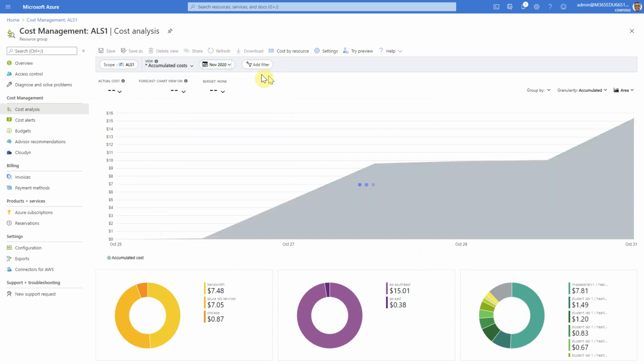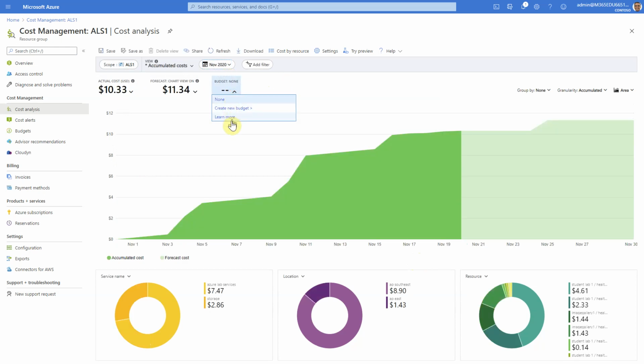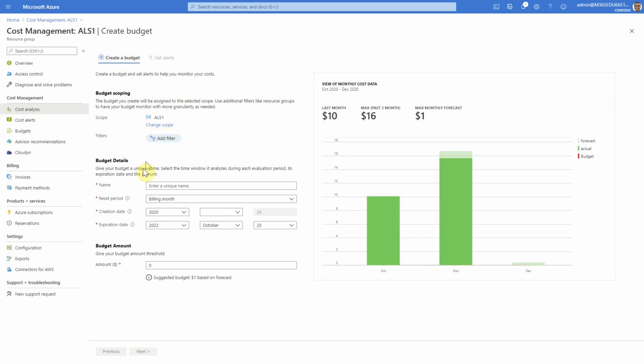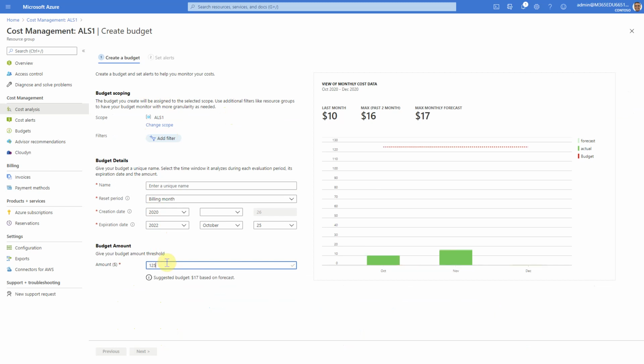Let's switch to November. I could set a budget from here. So name of the budget alert which I'm setting, creation date, I can set an expiration date, I can put an amount. So let's say I'm looking at 125, BA1.